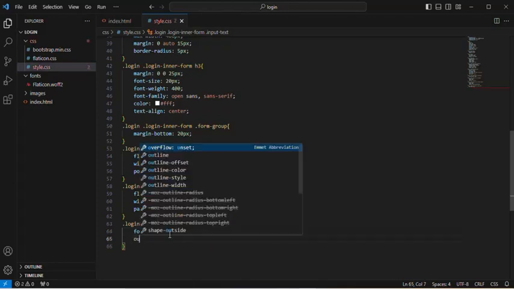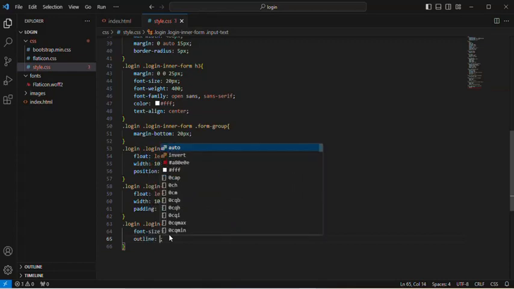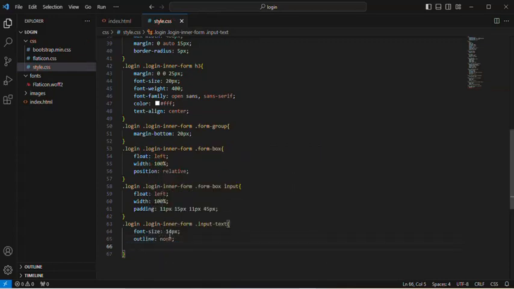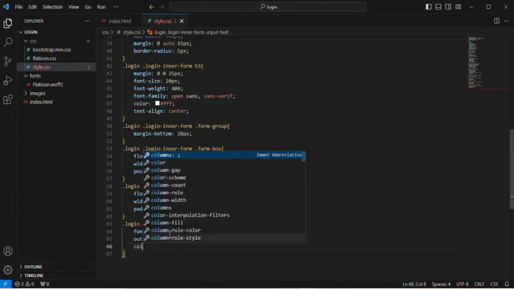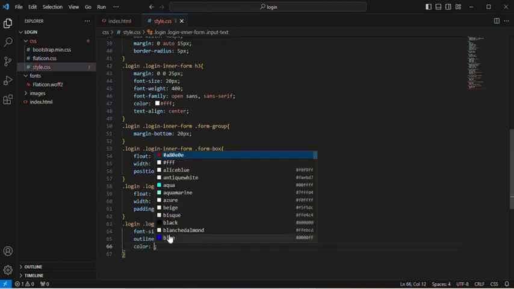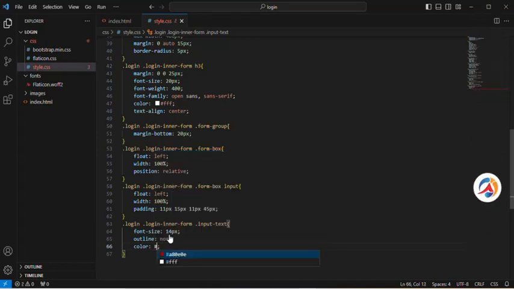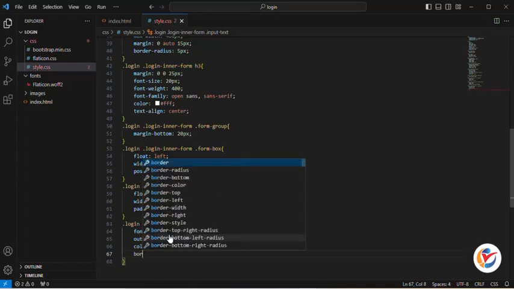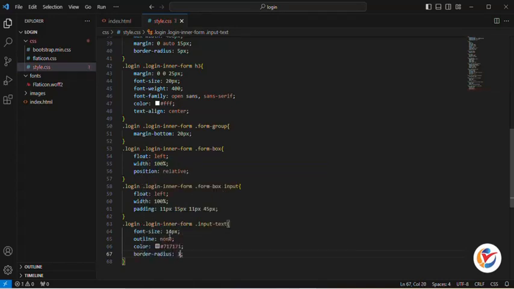Next is our outline. Outline should be none. And the next is our color. We'll be using a custom color, hashtag 717171, which is not one of the regular colors. And then we are setting the border radius to 3 pixels,